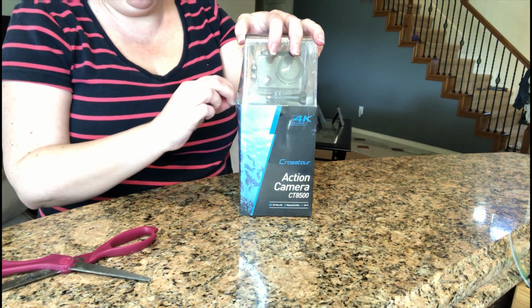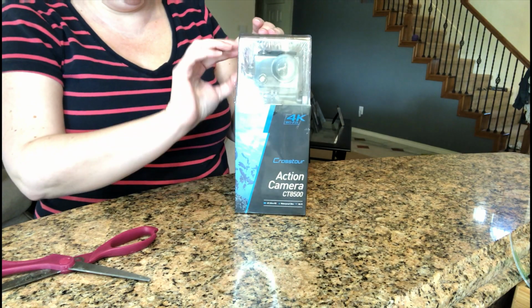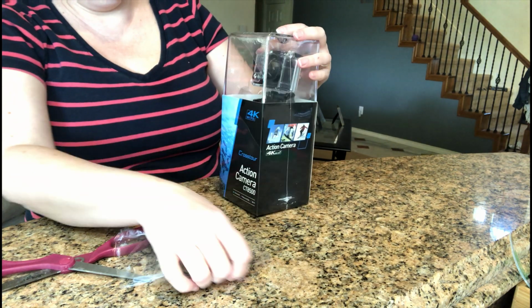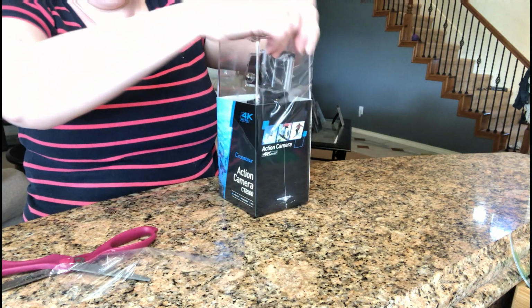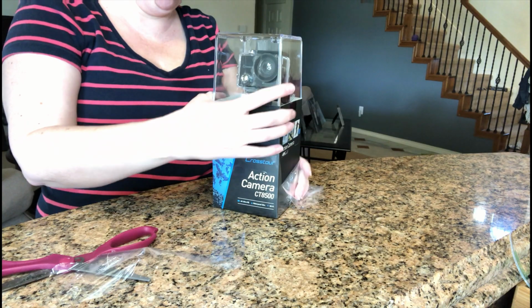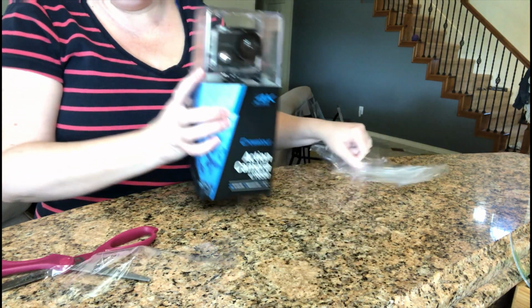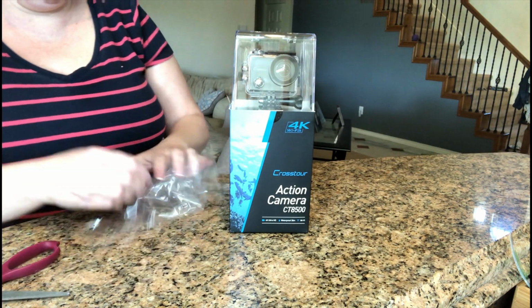I don't want to mess it up. It's packaged so pretty. It's very hardy. It's actually packaged a lot like the GoPro. I mean, I'm sure with the price difference that it's not the same quality as a GoPro, and maybe one day we will get one, but today is not that day, because the way I looked at it is if